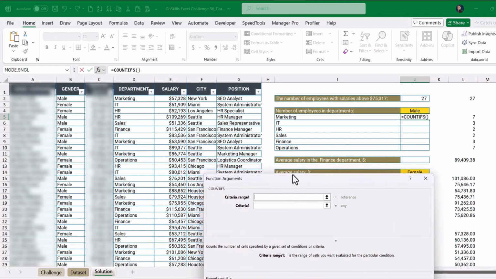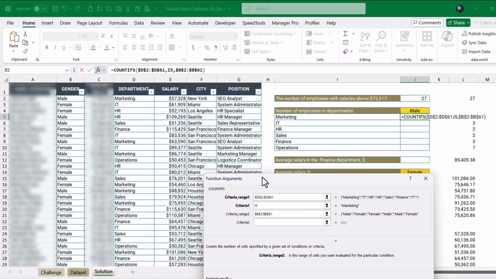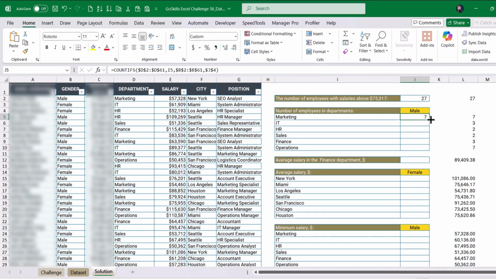The first criteria range will be the department. Let's select that column and let's lock in the reference. The criteria we want is in the field to the left. That is the department name. Our second criteria is the gender, since we're doing a count of the male employees. So let's select the gender column and lock that reference. The criteria is male, so we can choose this field J4 and lock that reference as well. We don't need any other criteria, so when we hit enter, we get our results, and you can see our